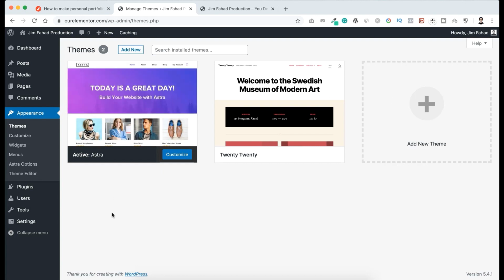Let's now install our page builder. And you already know we will be using one of the best free page builders, my favorite, the Elementor page builder. So to get the Elementor page builder, let's now go to